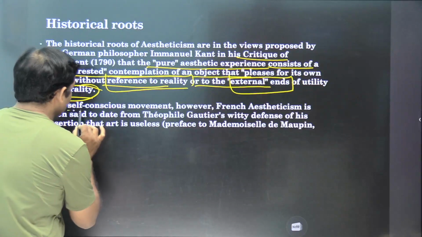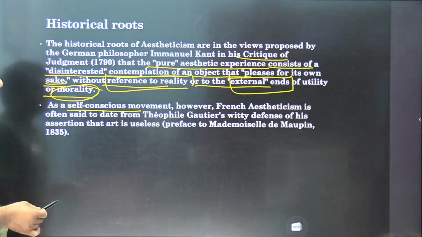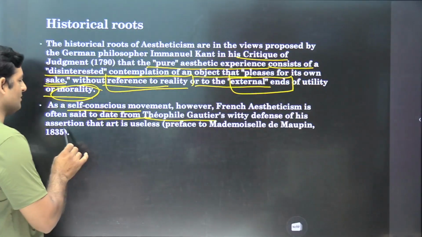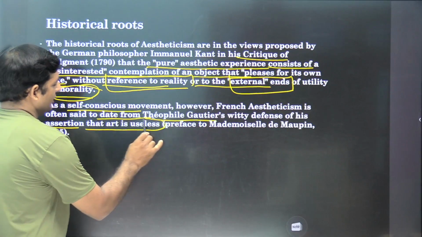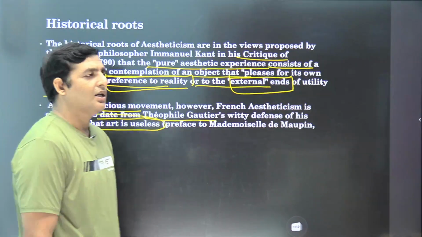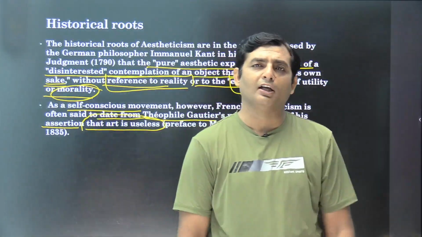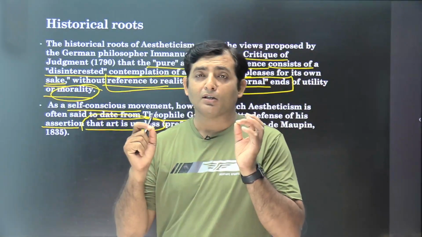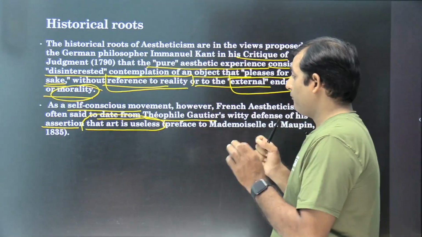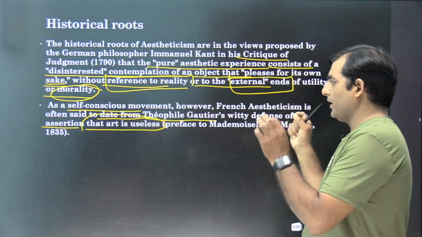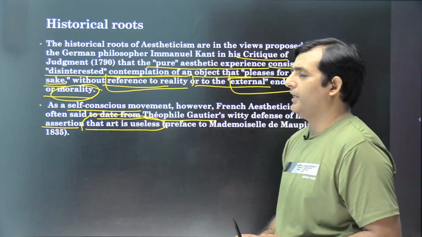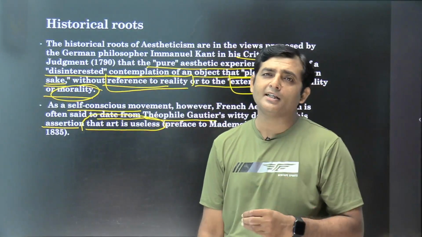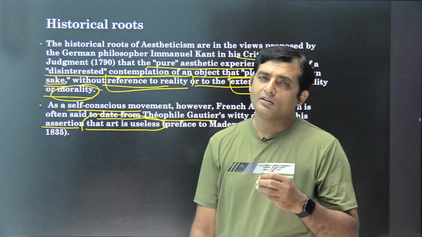As a self-conscious movement, however, French aestheticism is often said to date from Théophile Gautier's witty defense of his assertion that art is useless. And this he wrote in the preface to one of his novels, that art is useless. This is the comment of the French novelist and poet Théophile Gautier. तो फ्रांस का जो रूट है वो यहां से आता है. The whole of aestheticism starts in the 18th century itself, when in 1790 Immanuel Kant's work The Critique of